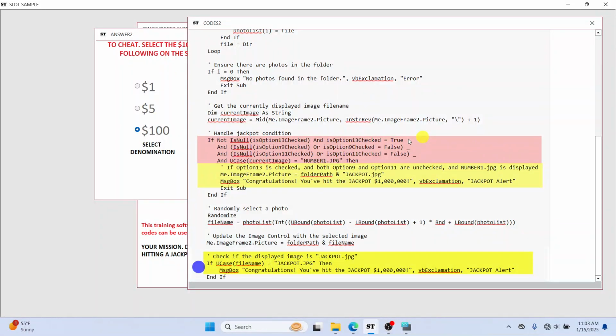So what this code says is, don't worry, you don't need to be a programmer or recode. I'm gonna paraphrase this for you. Okay, option 13, the code here is an if statement. It says if option 13 is true, which means it's checked, and the other options are unchecked, okay,